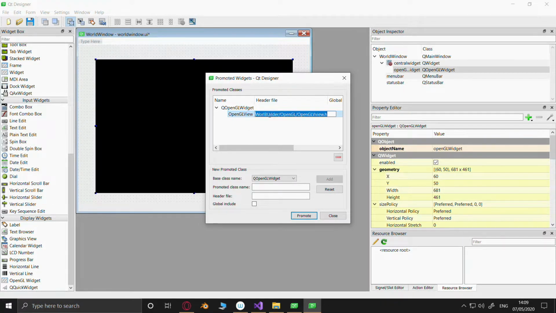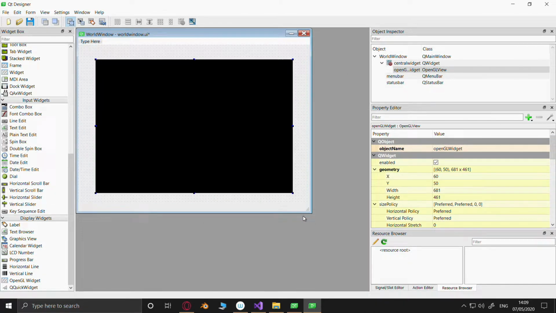Still spelt it wrong. Right, correct the errors. World Builder OpenGL view. Alright, that'll do. And all we do is click promote. No complaints.